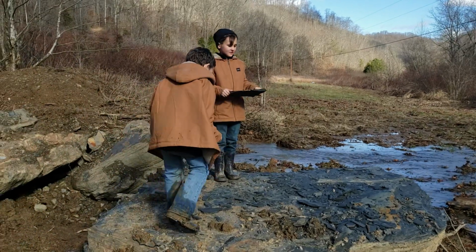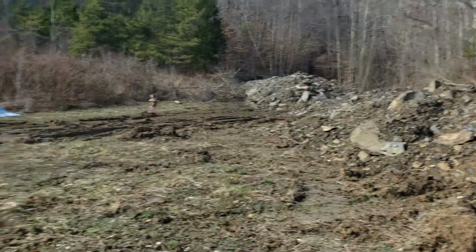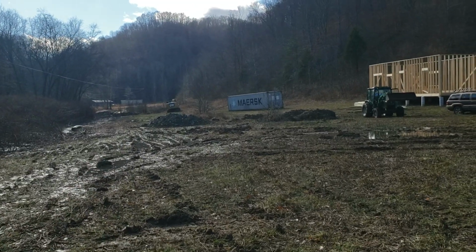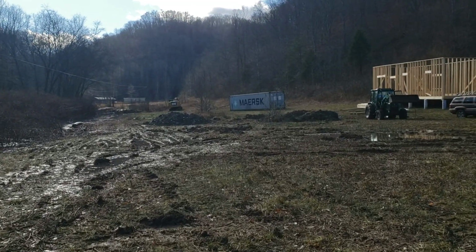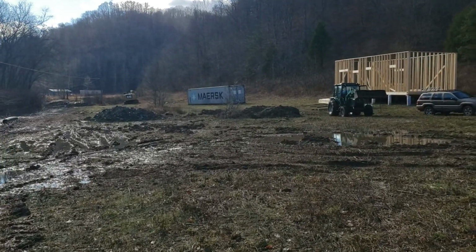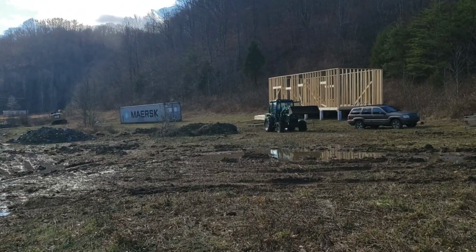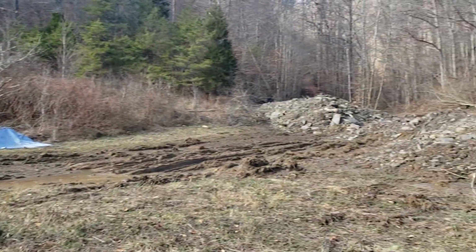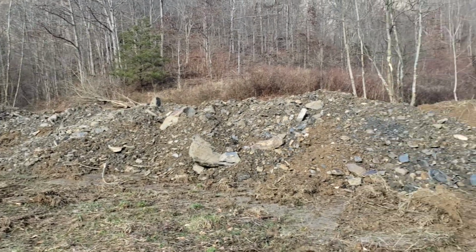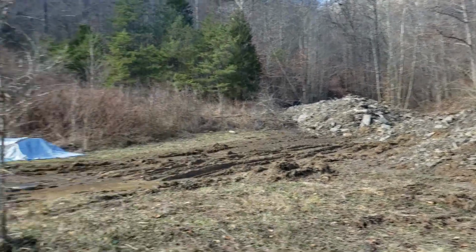I'm going to do like a step down or tiered waterfall with these big rocks on our swimming pond, which is just on the other side of these piles of dirt. I've started that to get more rock out that's closer to the drive. But now that we have a four-wheel drive tractor, I can load the dump truck in a drier area. It's going to have to dry out some, but I can take dirt from these piles, what's mostly clay and rock. You can see it's mostly slate,